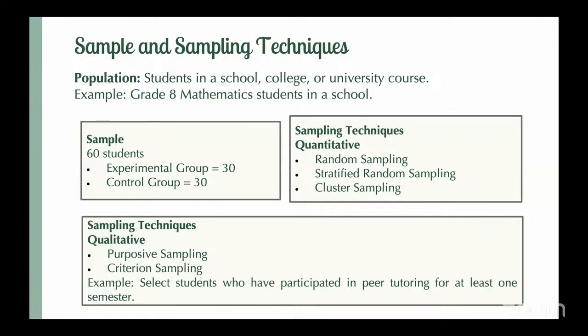Then comes sample. Now, in this particular example, I'm taking population. My population is grade 8 mathematics students in a school. Now, that school has many divisions. Okay. And if I have to take grade 8 mathematics, too many students are there. I cannot take all the students for either quantitative or qualitative. So what I do, I take a sample. I take 60 students, of which 30 are experimental and 30 are control. Either I take from two divisions or I combine all the divisions and randomly take 30 students. Depends on how you can do it, what time you have, and what feasibility it is.